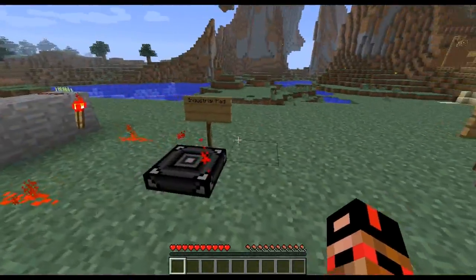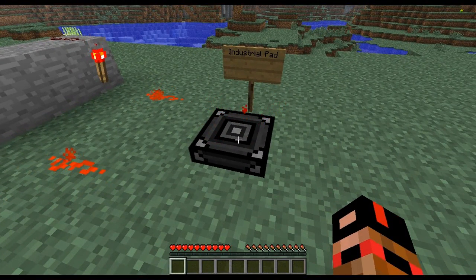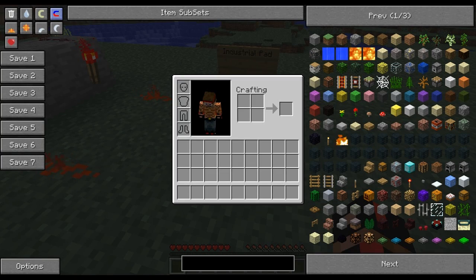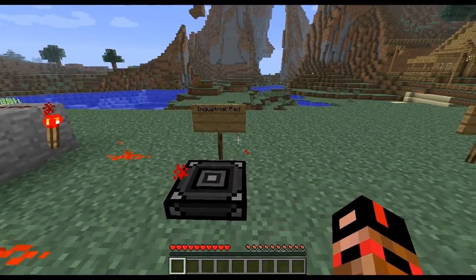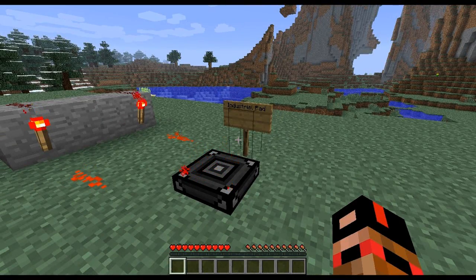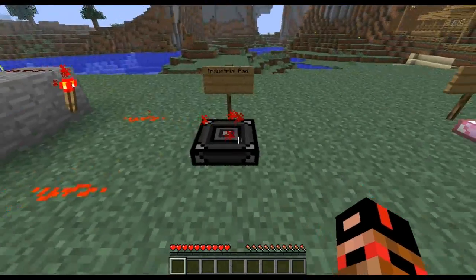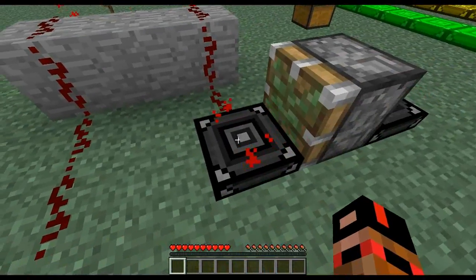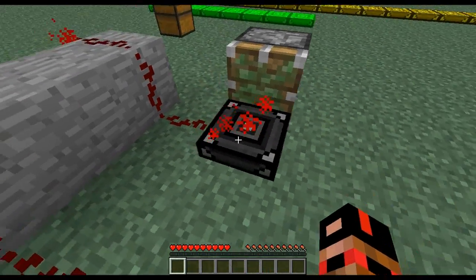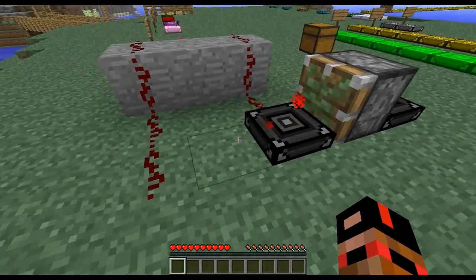Which brings us to our last pad, which is the industrial pad. Now this one here, unfortunately, I could not get working, which bugged the hell out of me, and I spent a while trying to sort it out. But what it does is it acts pretty much like a lever, apparently. And it can be moved by pistons, and when it's moved by pistons, it keeps its current state. So I guess it's somewhat like having a lever here that's turned on. So this redstone here should be lit up, and the piston will push it, and it will remain in its